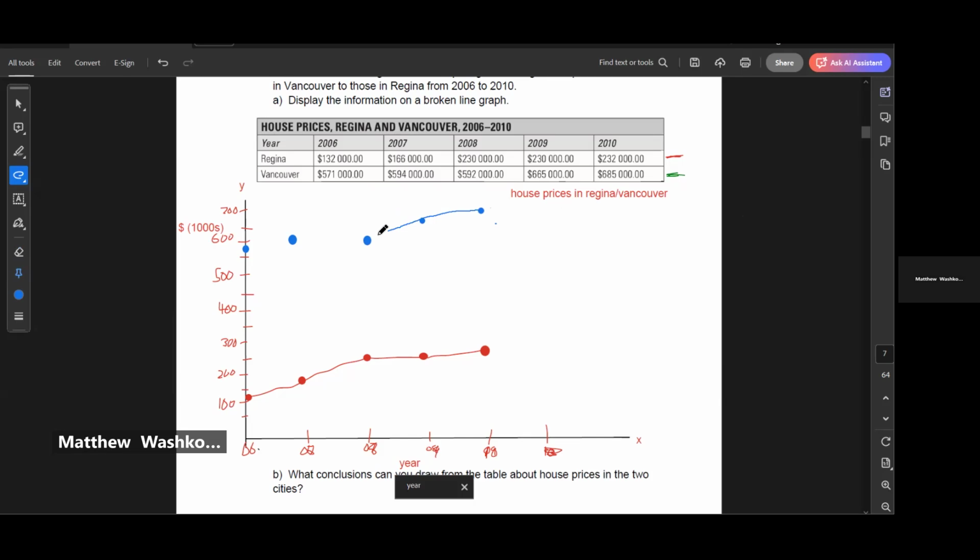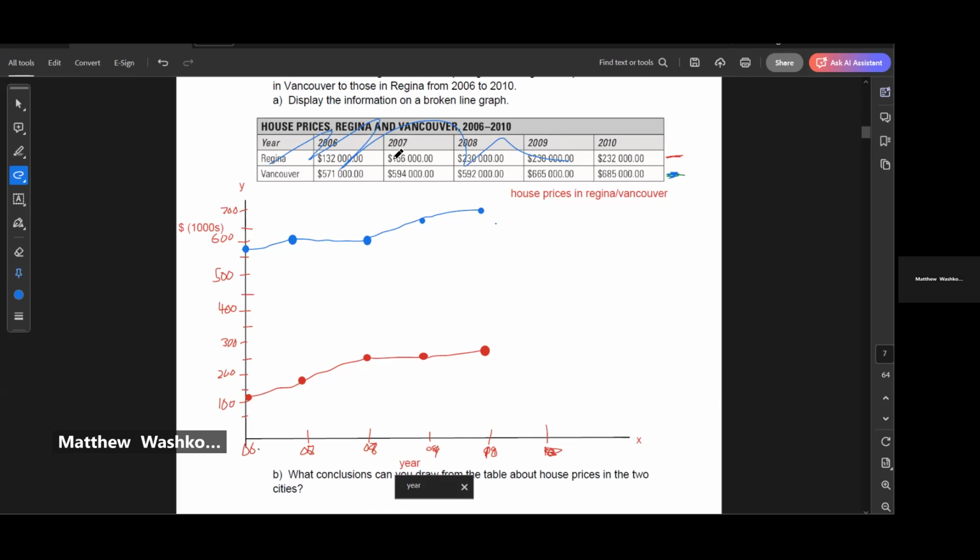Right? And then you just connect your dots. I'm not done. Oh, sorry. I said green. I'll do blue here. My bad. So there's something to note here. If I didn't use different colors here and I removed this graph or this table of data, if I got rid of this,